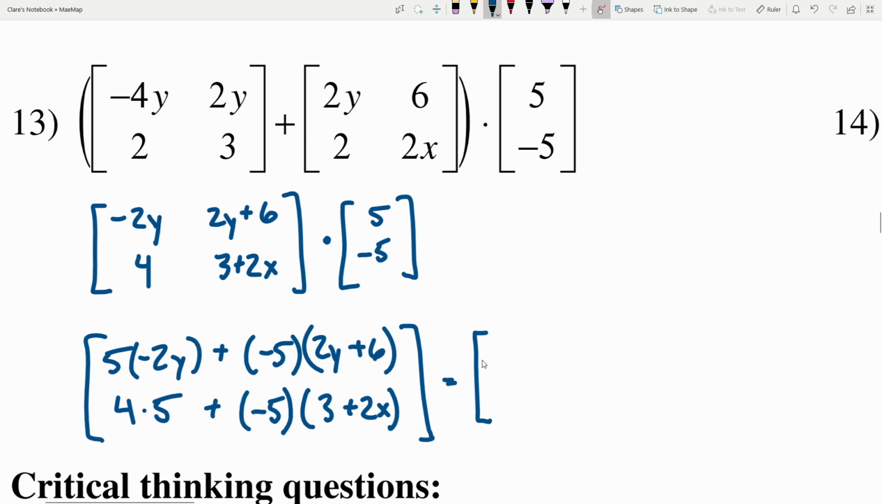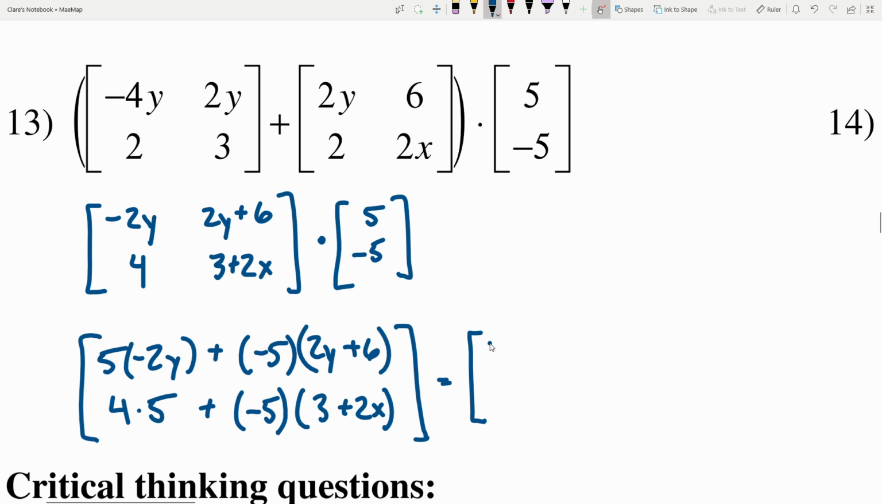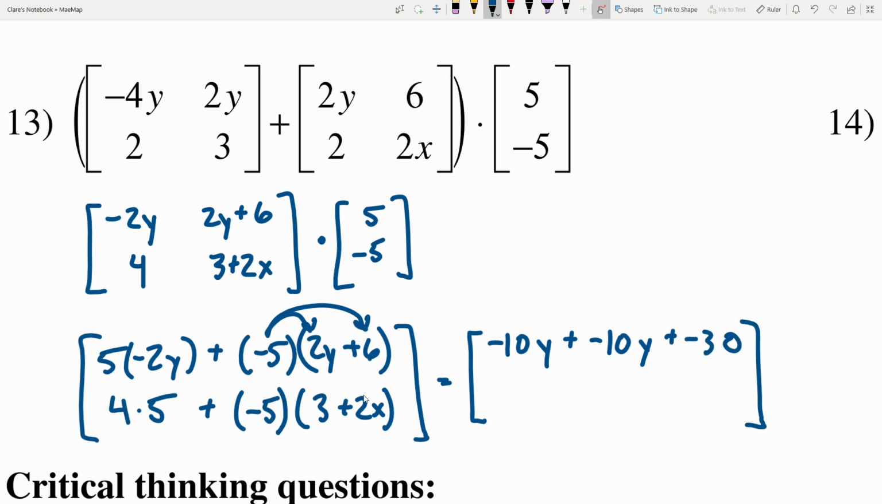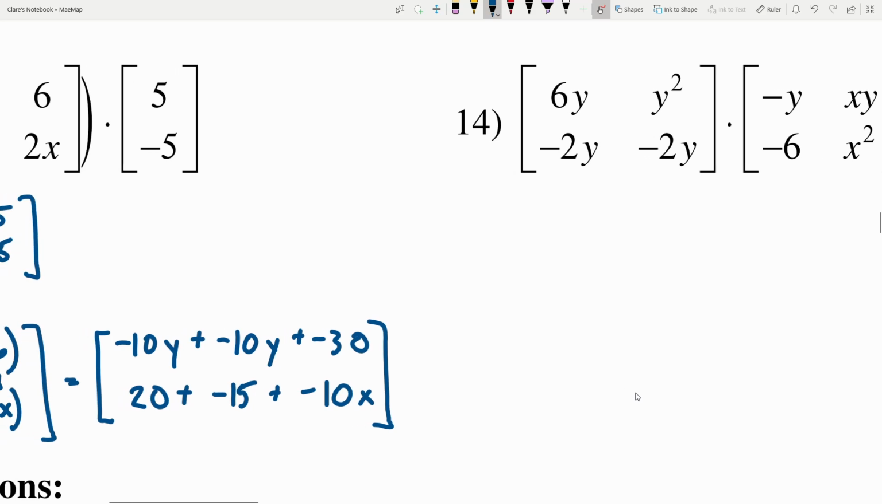Simplifying this a little bit further, I have 5 times negative 2y, which is negative 10y, and I'll be adding that to, I have to distribute that negative 5. So negative 5 times 2y is another negative 10y, and then negative 5 times 6 is a negative 30. And then 4 times 5, that's going to be 20, and I'll add that to, again, I need to distribute this negative 5. Negative 5 times 3 is a negative 15, and I'll add that to negative 5 times 2x, which is negative 10x. Now, combining my like terms,